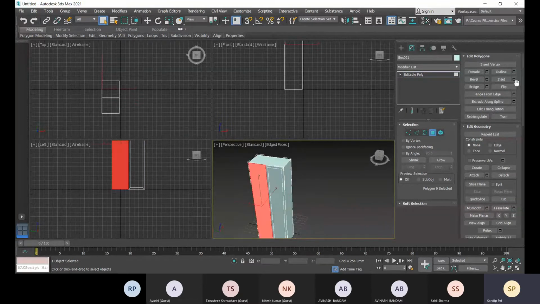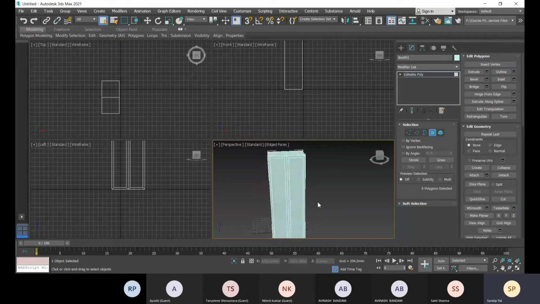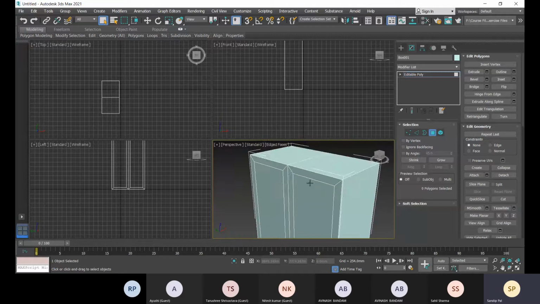The same thing with this side also. Okay, so this object is there.